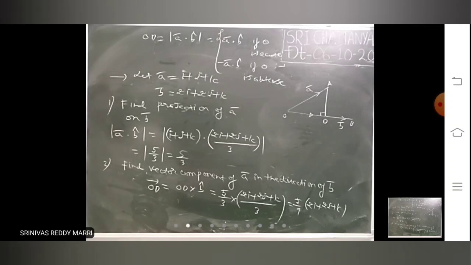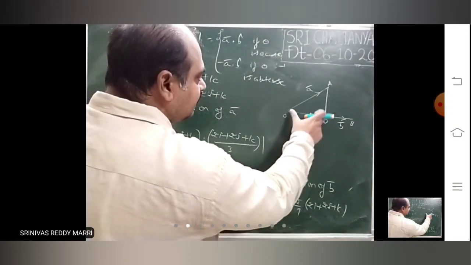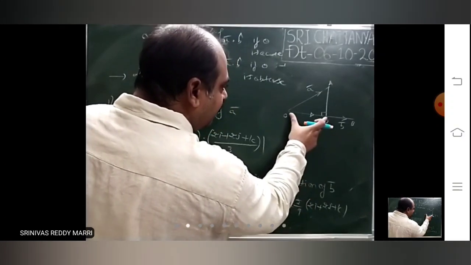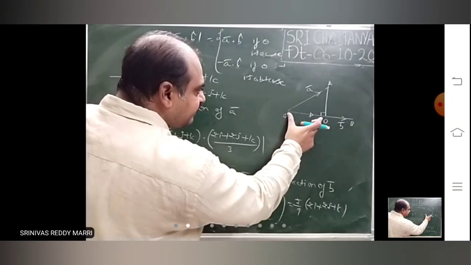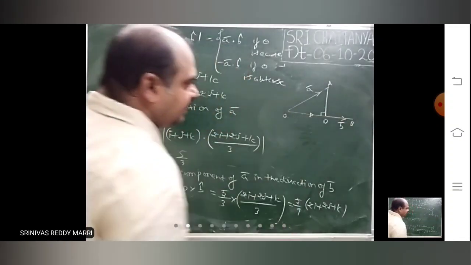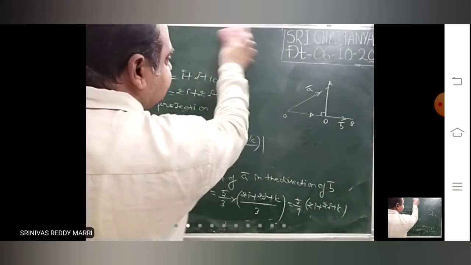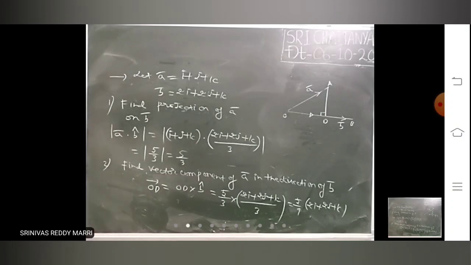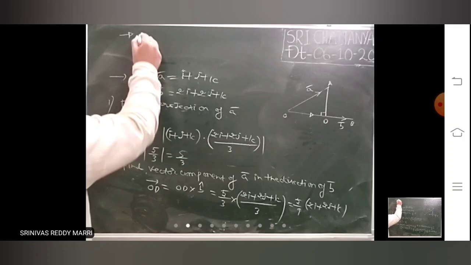For this formula I will write. For remembering the formula there will be confusion. Whenever you want component of vector in the direction of B bar, you draw the diagram. OD length you calculate by using this, and then this length you know. OD bar vector is nothing but this length into unit vector in the direction of B bar. That is called vector component. What you got? Vector. That means OD bar. So look at, I will write the formula.